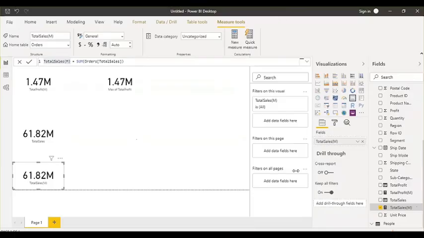I see one question here: before the sum function, what is the sign used for? Okay, so this is nothing. This is your measure or column name, right? And this is simply the equals to sign, an assignment operator basically. It means you are calculating the sum of total sales here, and after that, the output of this expression has been assigned to this measure.